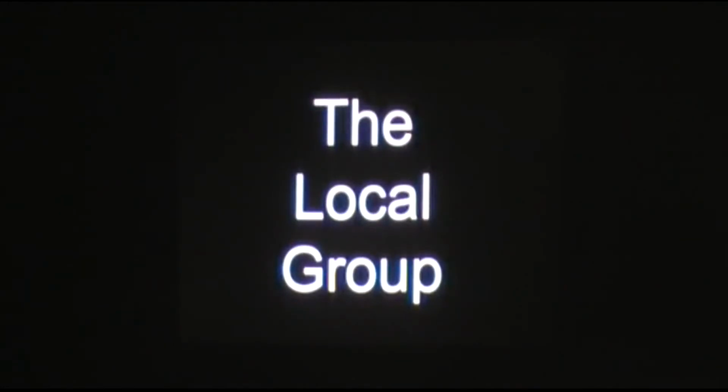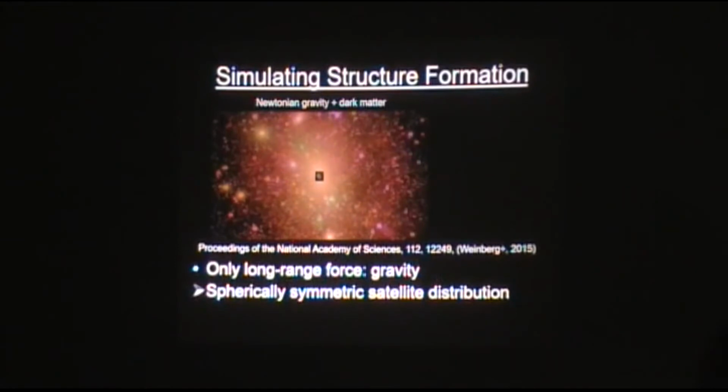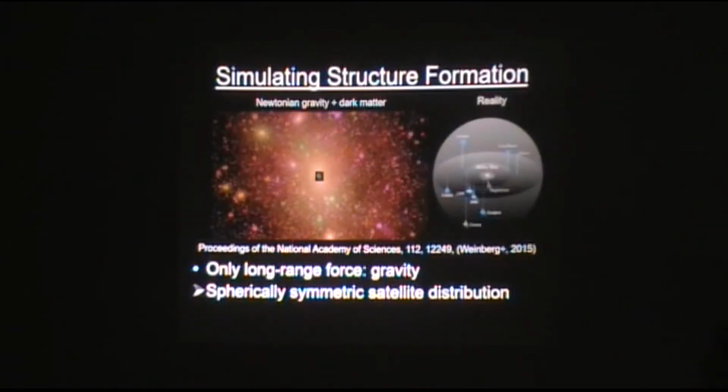Recently I've been doing some work on the local group of galaxies, the Milky Way and Andromeda, so I'll talk about that a bit more. In the standard model, the local group would look like this. So it's dark matter all over the place, with some concentrations, and at the center of this one would sit the Milky Way in theory. This is how it actually looks, so much more empty. There's not really much evidence for all this dark matter here.